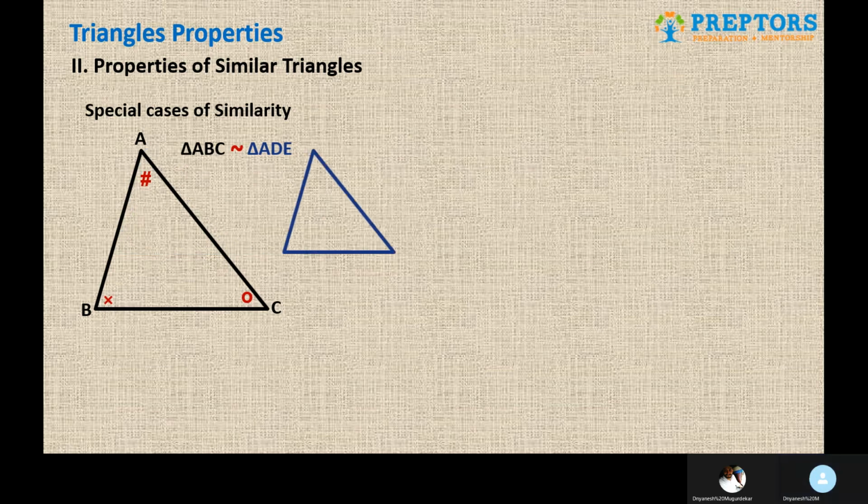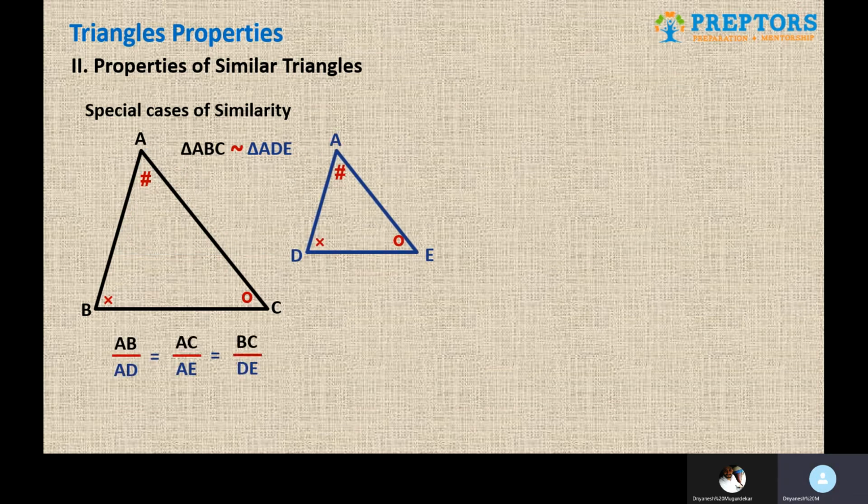Then once you can prove the triangles similar, there is something very unique that you can do, which is the ratio of the sides, and this is also a very simple process. You take two at a time, that is AB upon AD, the first two, the last two, that is BC upon DE, and the first and the third one, which is AC upon AE. Now to write this ratio blindly, the names have to be very appropriate, and for that the sequencing is very critical, and this is the reason for that. So this is one of the first cases of similarity.